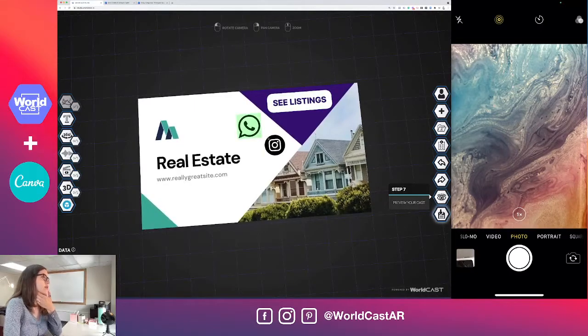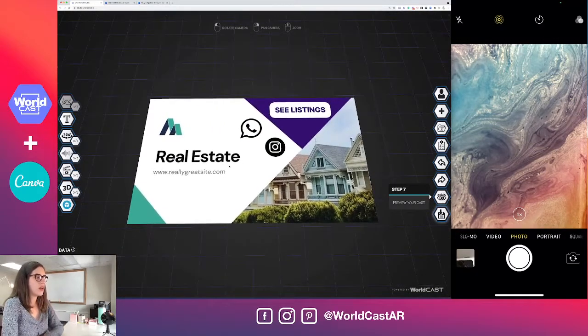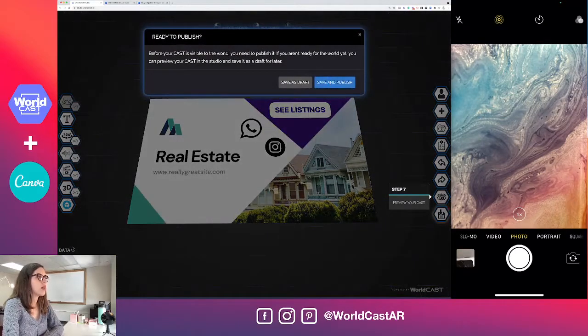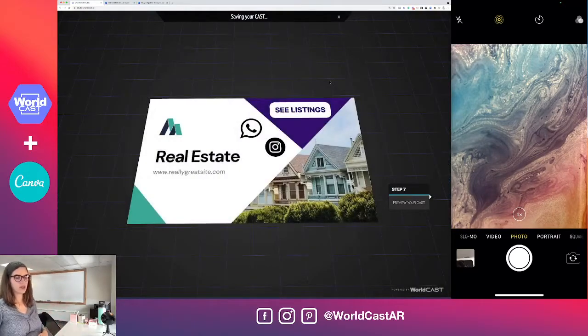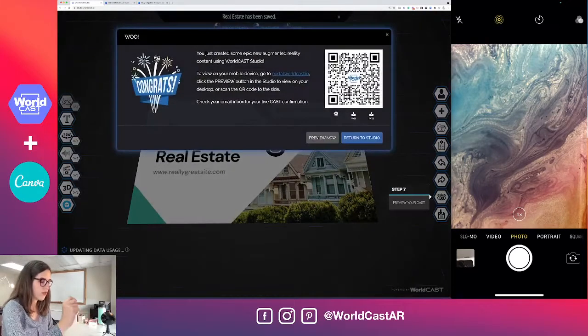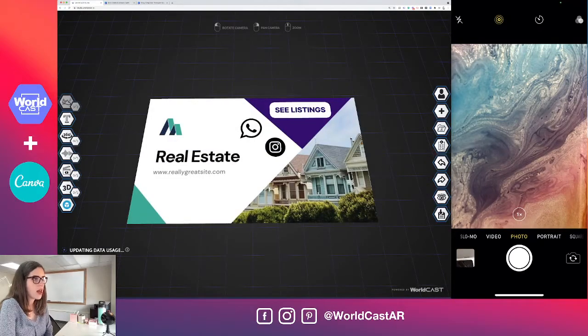We've got give us a phone call. We've got our Instagram. Whatever else you want to add is great. Let's now just save this. So we're going to go save and publish because that's fine and I'm ready to have people use this. I do want to add one additional feature, and that's a QR code. So the QR code is just going to make people click and instantly understand that they need to scan it. So I'm going to go return to Studio because we've just saved this, and I'm going